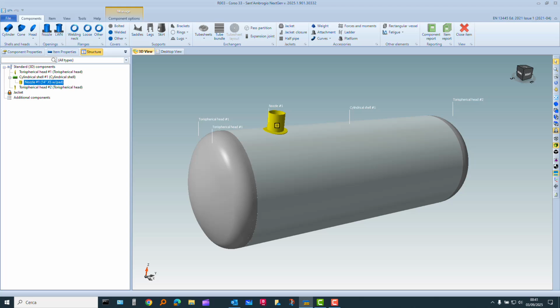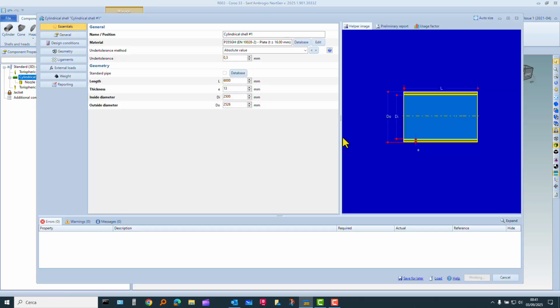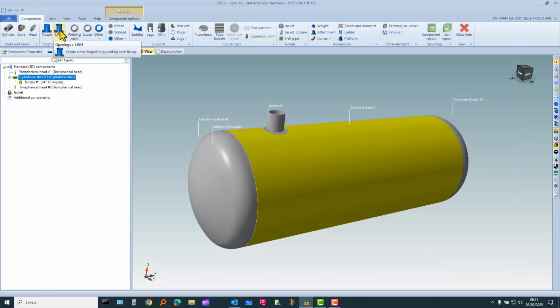Now, let's see if it is possible to use a long welding neck as we made in the other vessel. So we want to place a long welding neck on this shell. By the way, we have not seen it before, but the characteristics of the shell is that the thickness is 13 millimeter, diameter and length are exactly as in the other vessel. Now we want to take a long welding neck,